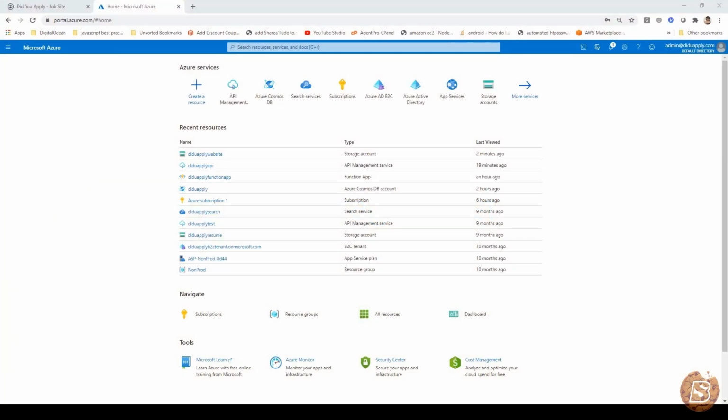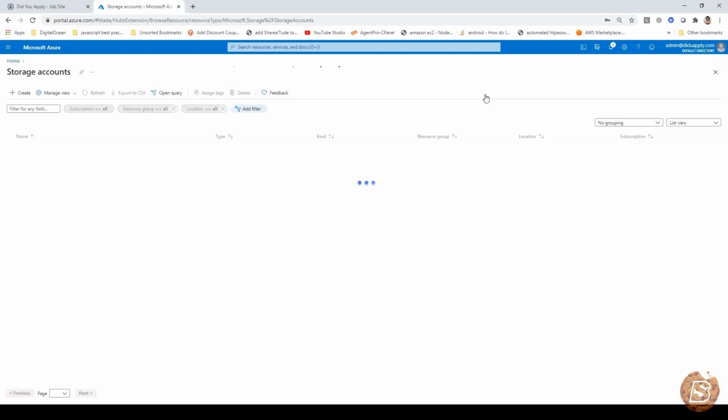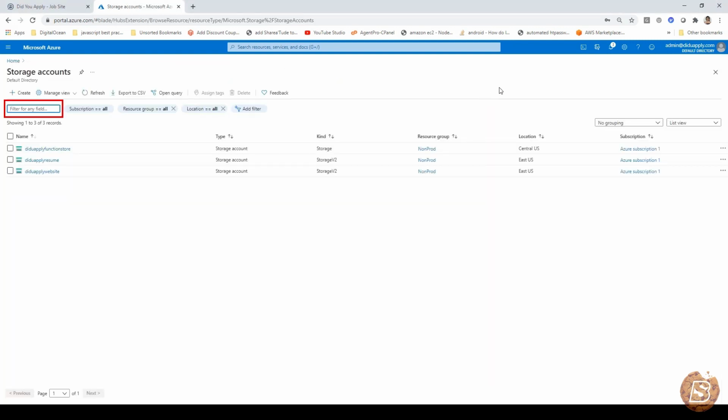In this lecture, we'll be taking a look at how we can host a static website on Azure Blob Storage. So here, if you go to storage accounts, you'll be provided with the options of creating various kinds of storage. By various kinds, I mean either storage v2 or normal storage. So if the kind is storage v2, then you can obviously go ahead and use that kind of container to